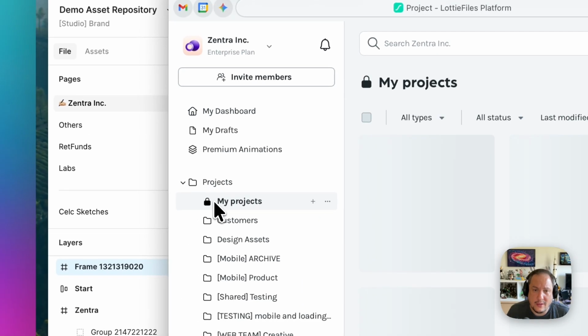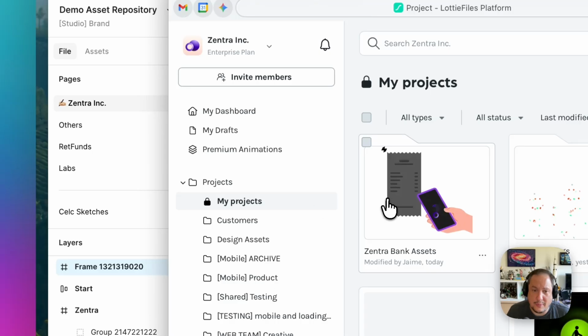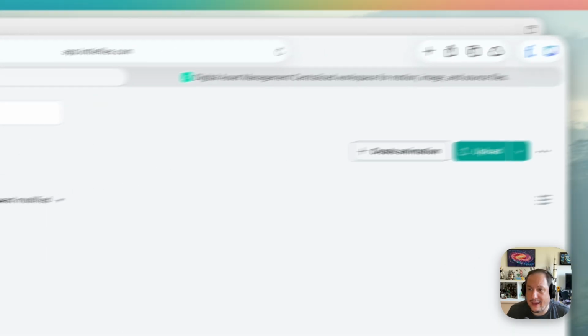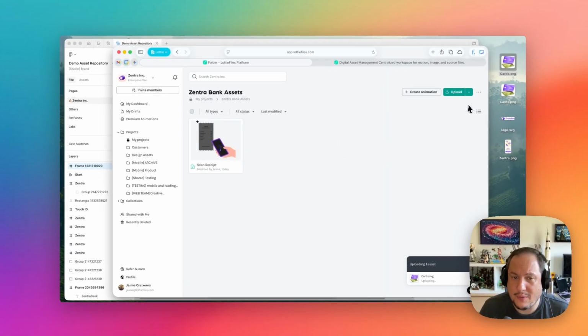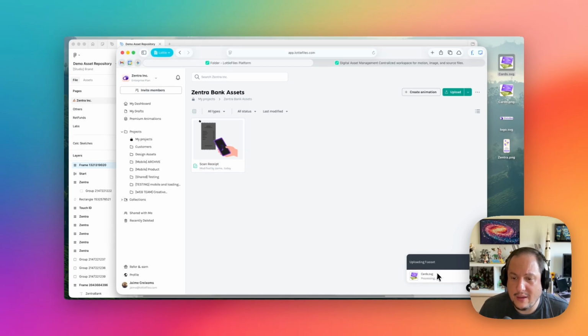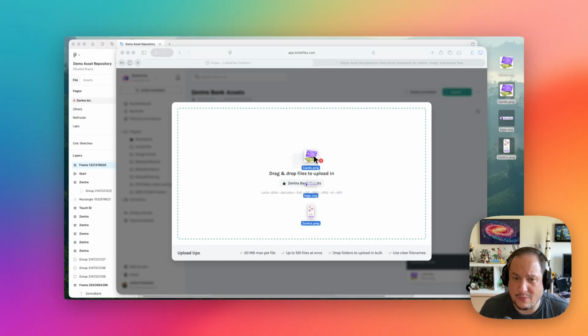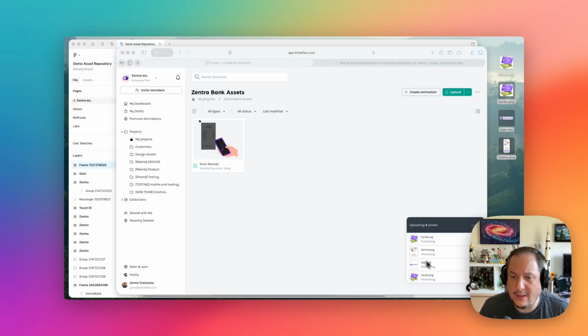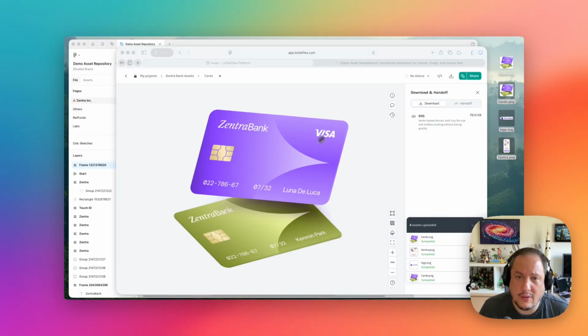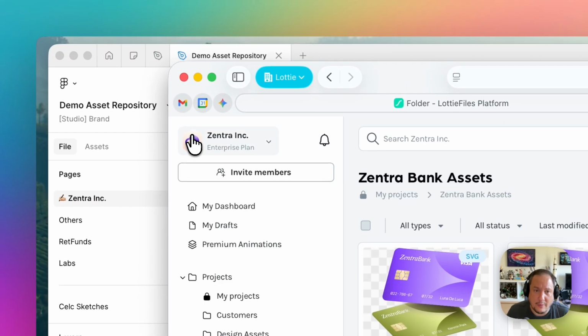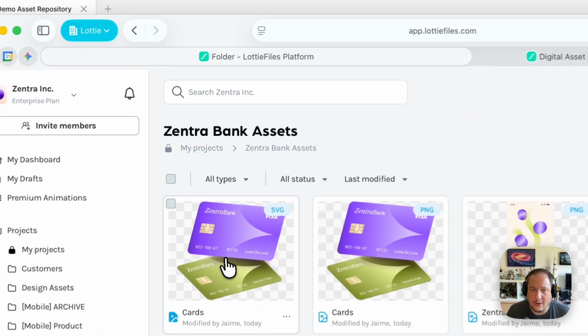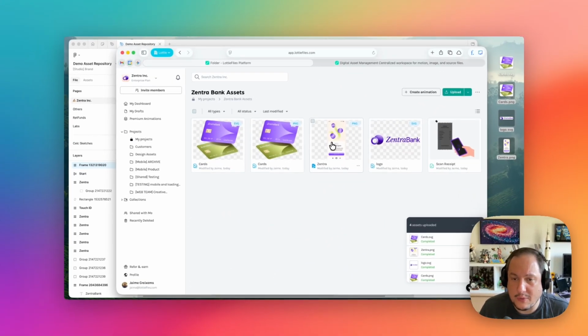But I can also upload to that folder. So if I go here to my projects, I should be able to see that Centra Bank Assets folder. And here I can upload all this right away. The SVG for the cards image, but also I can upload all the things at once as well, right? So I can bring it all in. Let's wait for it to process. And in a matter of just a couple of seconds, we have here everything that we have uploaded, right? So the cards in SVG, PNG, the PNG with a screenshot of the bank, the logo, and the Lottie file animation